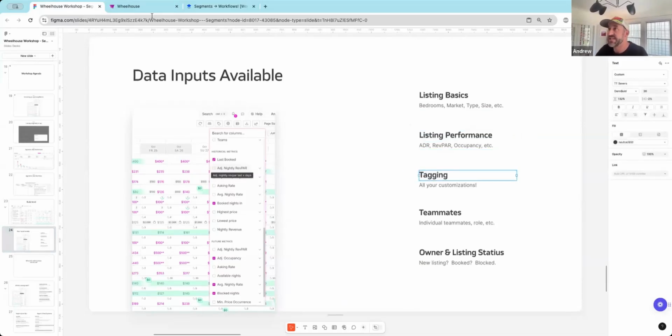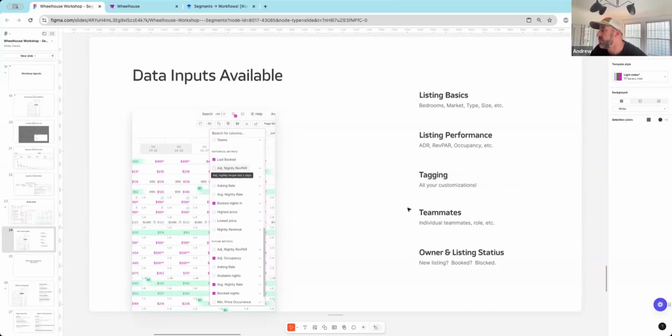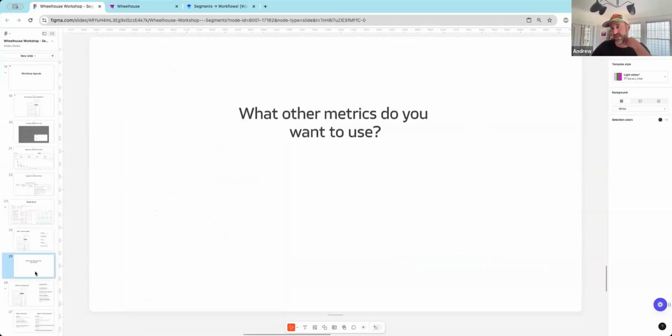Your tagging, the ability to tag individual listings, does mean these groups can be based on the attributes of the properties or whatever properties you ascribe to them: luxury, new owner, at risk, beachfront, whatever it may be. The Gulch, a neighborhood example. We talked about teammates. We talked about how you can use aspects of the listing itself, so creation date, well, not quite yet, booked and blocked status, etc. And there's other areas, but we are curious, and we already had a great idea.